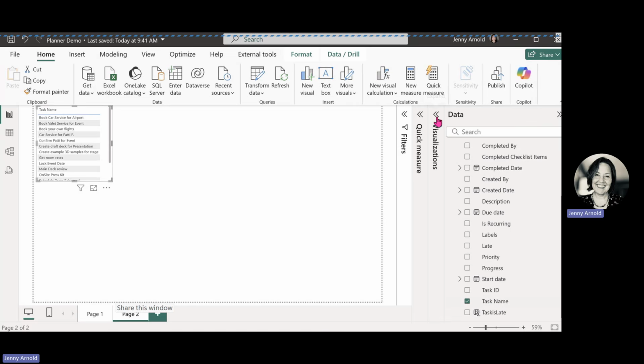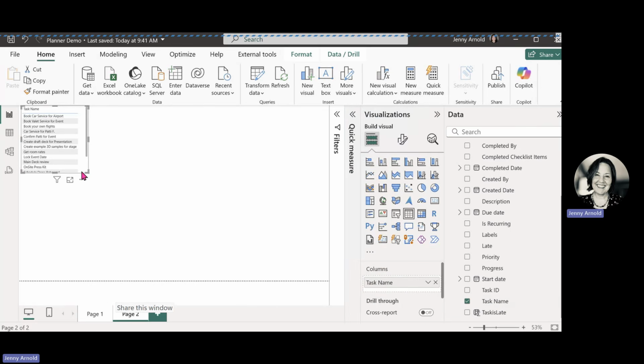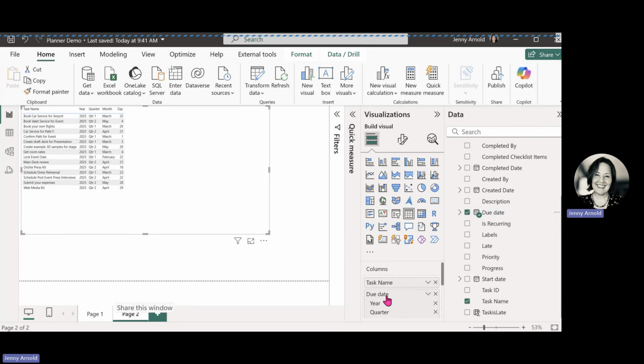If we go to the visualizations here and I select this table, you can see it's kind of hard to see here, but this is the visual that has been selected. Okay, so I'm going to stretch this visual just a bit, and we can add the due date of this. Now, when we first add a date here into Power BI, it's automatically going to break it down into the